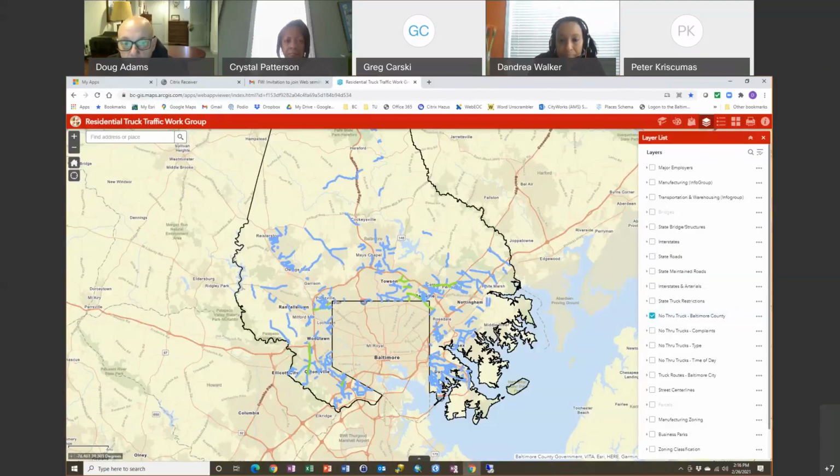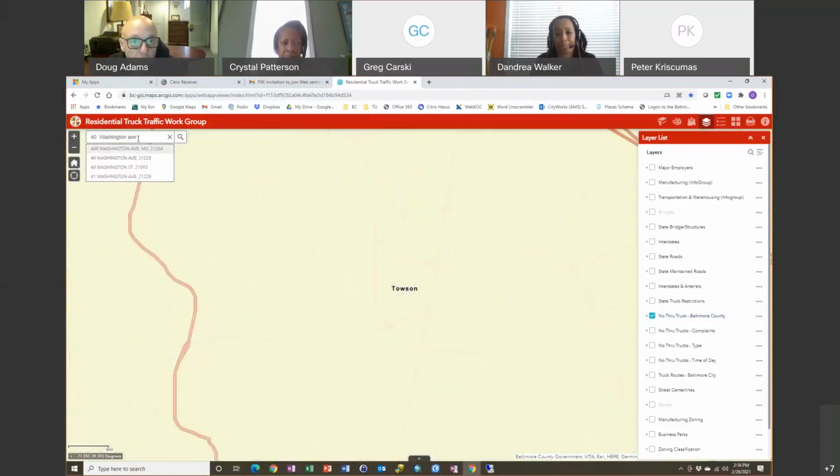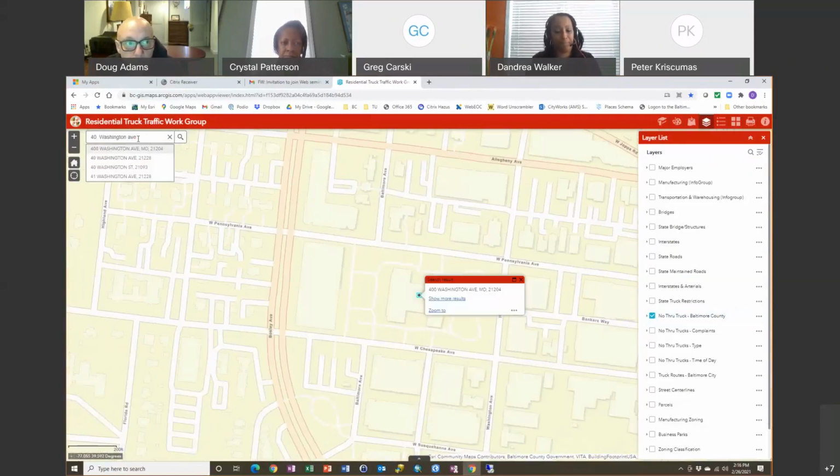And then you have the ability over here on the right up in here. I'm not sure if you're seeing my cursor, so I'm going to try to use my control key as well. You can type in an address in here. So I could type in something like 400 Washington. I can type it without the R, but I can't say it without the R. And it will automatically hit enter, take you to that.